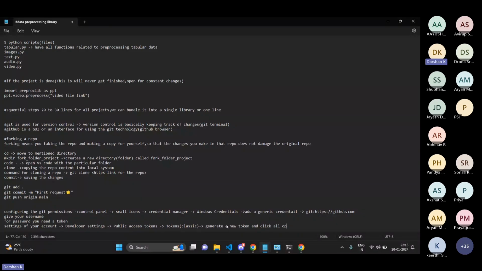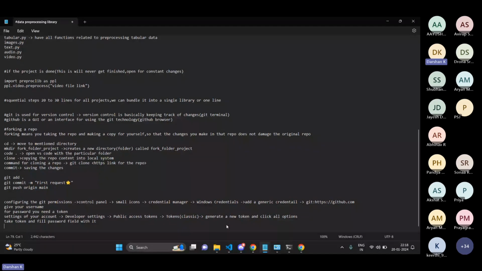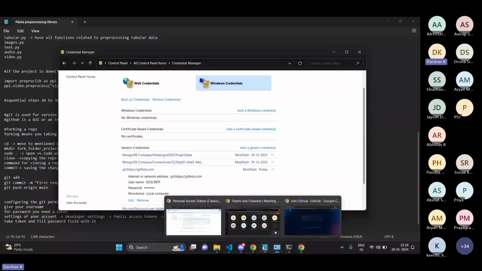All options. Take token and fill password field with it. So you take the token and fill the password field with it. So by that, what I mean is basically,